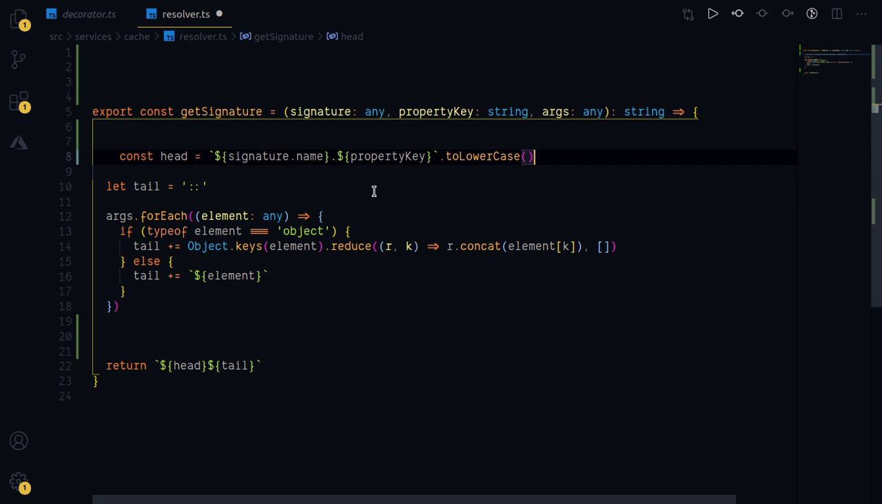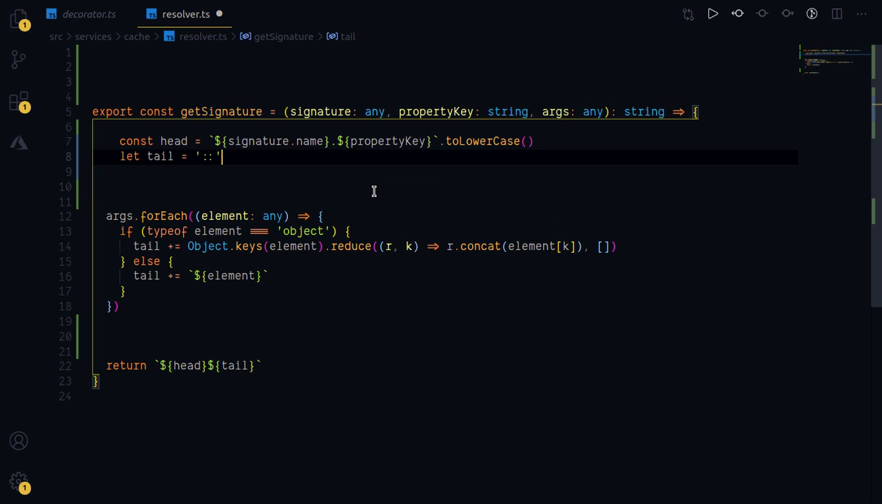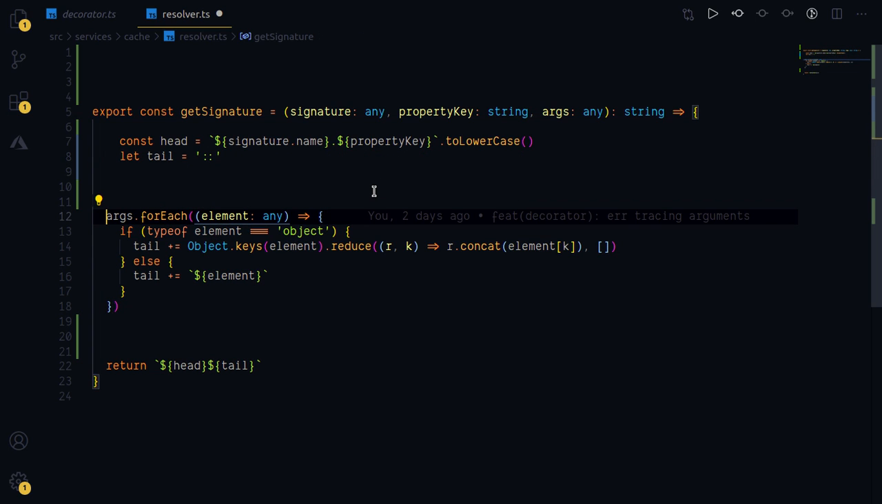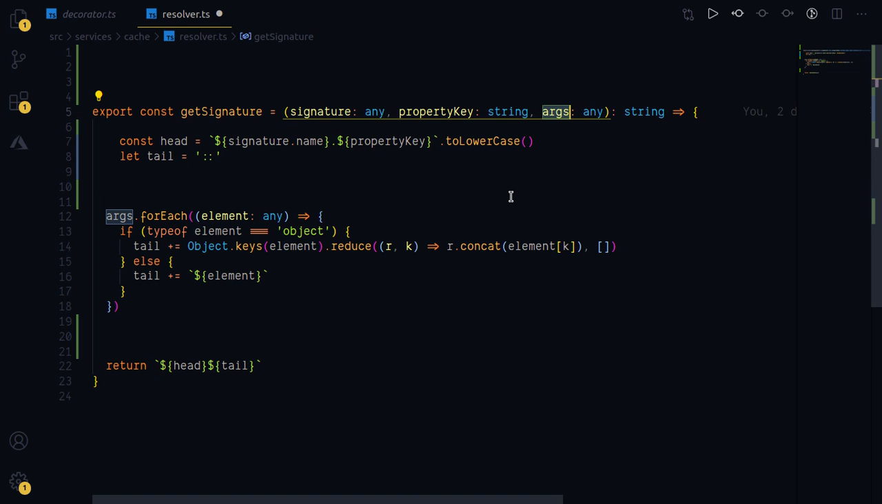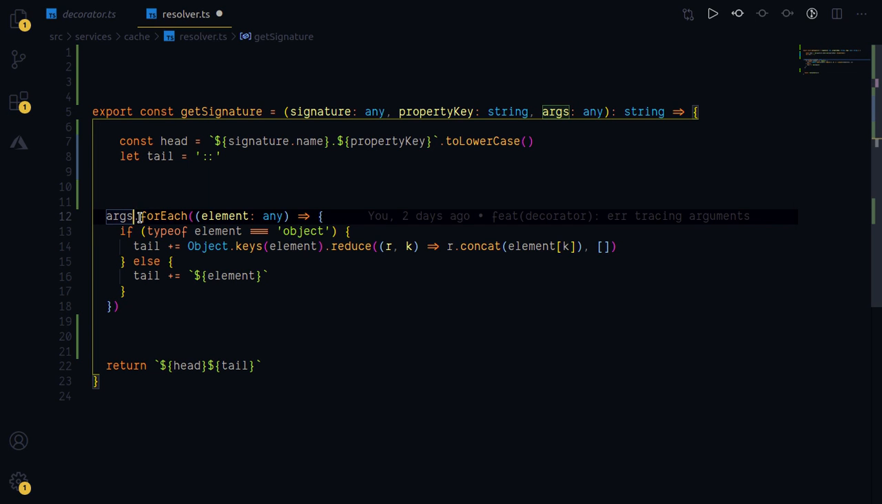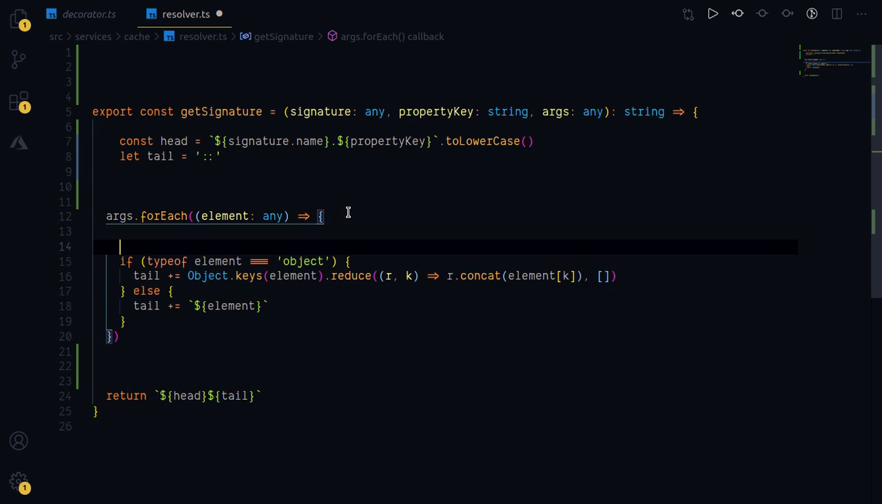All right, so the head is done, and in the tail part, first we insert two colons, and this is just a syntactic part. This is to notify that the head part is done, and after it we are including the tail part. Now args.forEach. Basically args here means arguments. So whatever arguments are being passed to this particular function, the signature function, the arguments of that function are obtained over here. This is an array of strings. So we do a forEach, whatever element that we get,